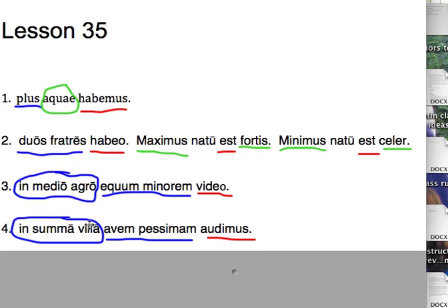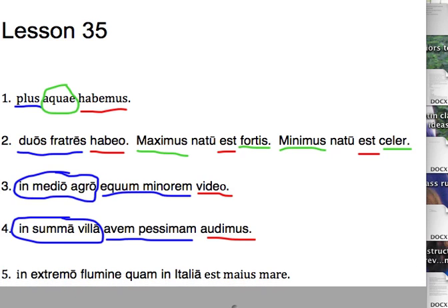Well, that sounds weird. Do they really mean that they hear a bird in the tallest house? No. Kind of like this was in the middle of the field, this is going to be on the top of the house. Okay? In the highest house really means on the top of the house. So we hear the worst bird on the top of the house. Okay? If you want to take a second here to practice what noise you think the worst bird would make, by all means, go ahead.